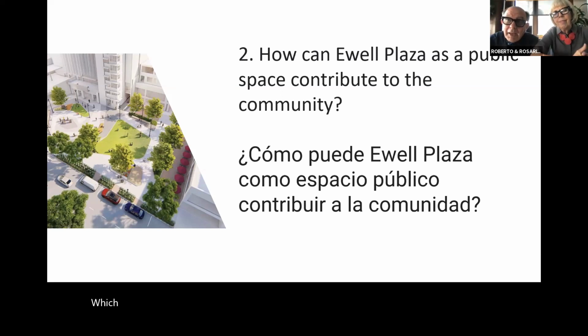I think it's very seldom. Sometimes you have a library built somewhere. Sometimes you have a plaza built somewhere. This morning we went through a number of parks that were recently refurbished here in town, and they're great. But very seldom, if ever, do you have the encounter of a public space with a public building, such as the library in this case, and Ewell Plaza.